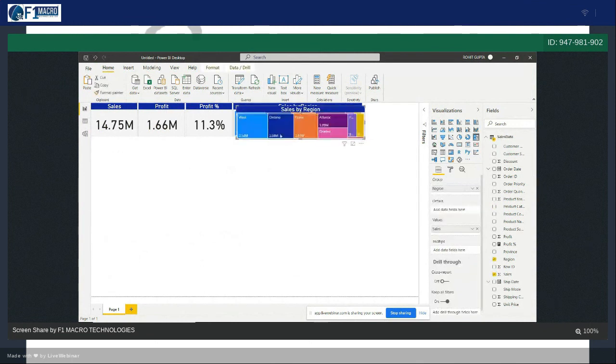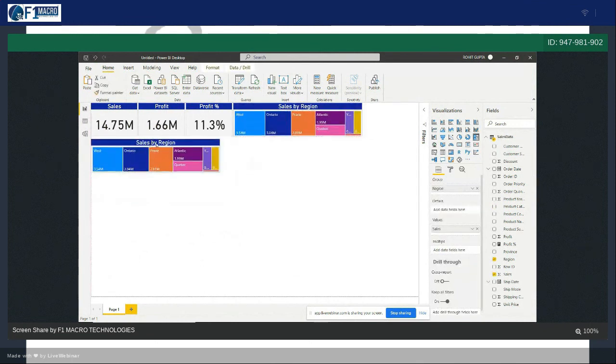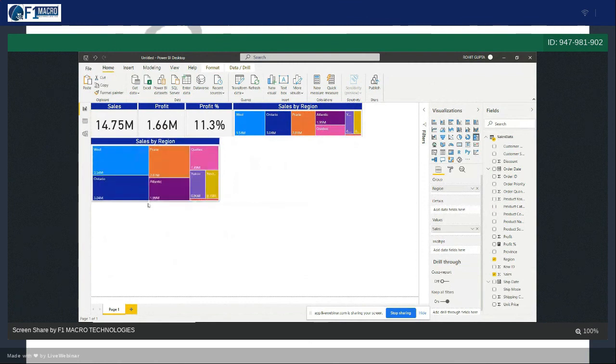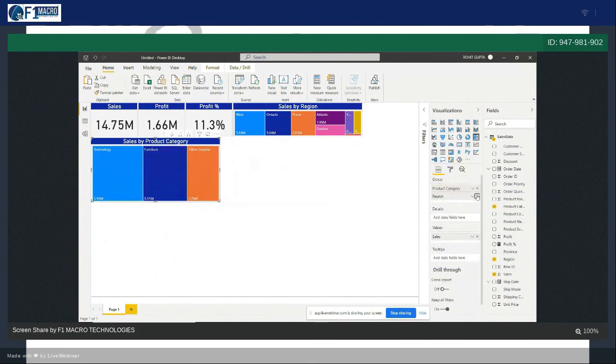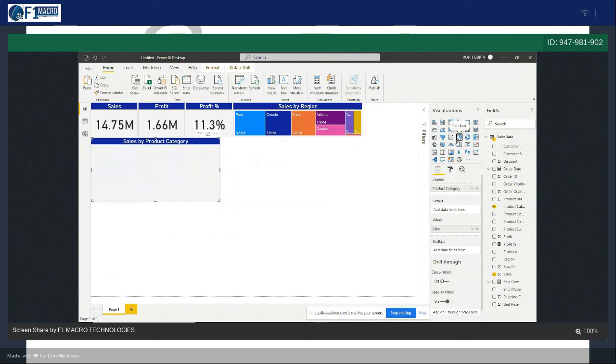But you want pie chart over here, so you just drag this here, and by arrow key you can move this to top. Instead of region you want category, so I will just drag category over here. You can remove region from here. Okay, you can see sales by product category, and you want pie chart. Okay, so you can see numbers and percentage. I want category as well in here only.